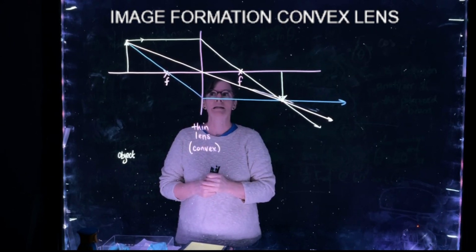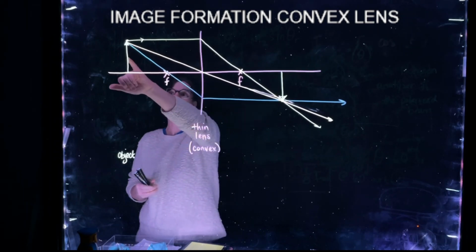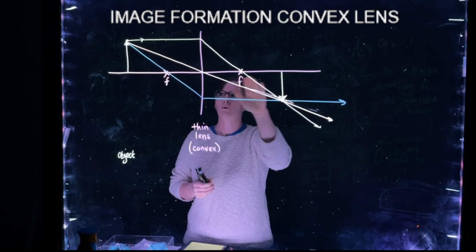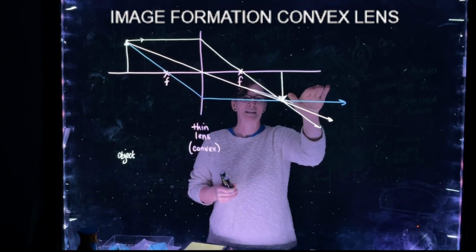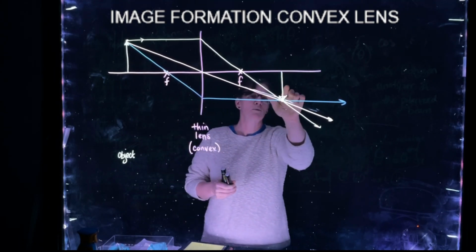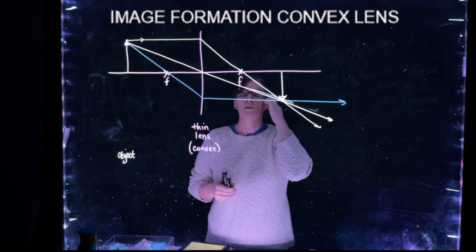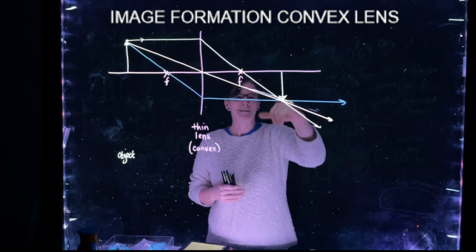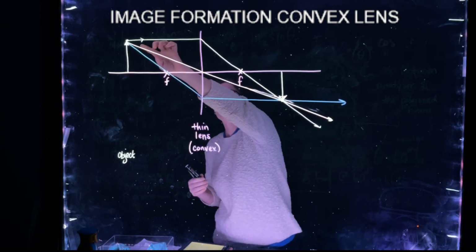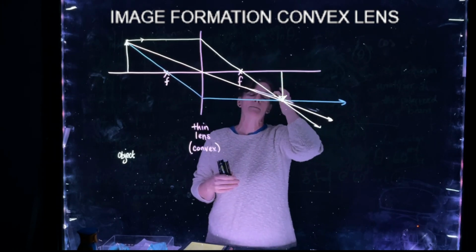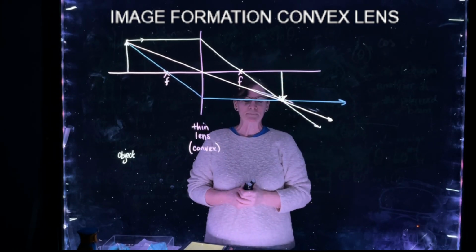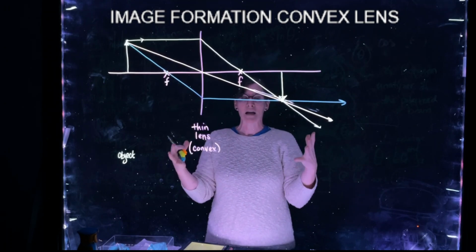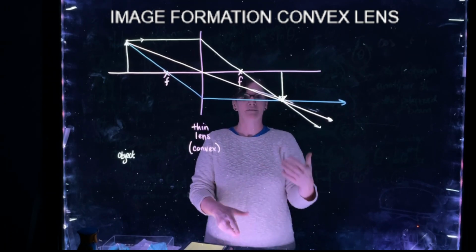Now, I chose the top of the arrow, but if I did the same thing with the middle of the arrow, the parallel ray of light would have refracted through the far focal point. The ray through the near focal point would have refracted parallel, and a ray of light through the center would have gone through the center and would have been at the middle of where that arrow is, and I could have drawn my image from there. That would have been a little trickier because, how tall do you draw it? But if you are exactly in the middle of this arrow, you'll be exactly in the middle of that image. Okay? We typically use the top of the object. All right, so here's how we draw images in convex lenses,